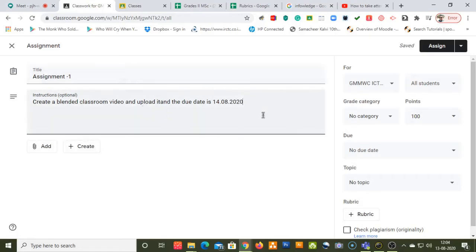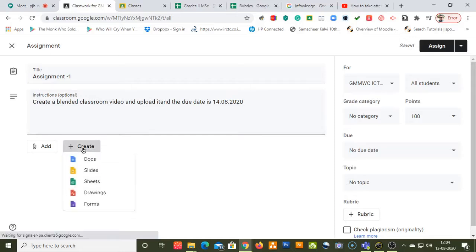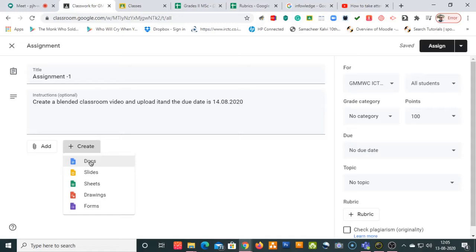Now you can simply put this as an assignment, or if you want to give any tips to your students, you can create a doc and type what the questions are. If you want to give any assignment questions, you can always insert a doc. Now what is the advantage of using a doc when compared to Microsoft Word? In a doc you can correct mistakes online, because a doc is always available in our Google Drive and it is online. Therefore at any time you can add something to your doc or correct it, because once you create a Microsoft Word file, it is not possible to do all these things.